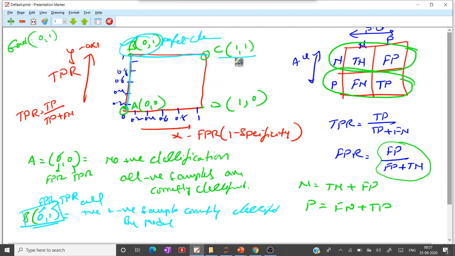Now point C is on the top right corner, and this is the top left corner.